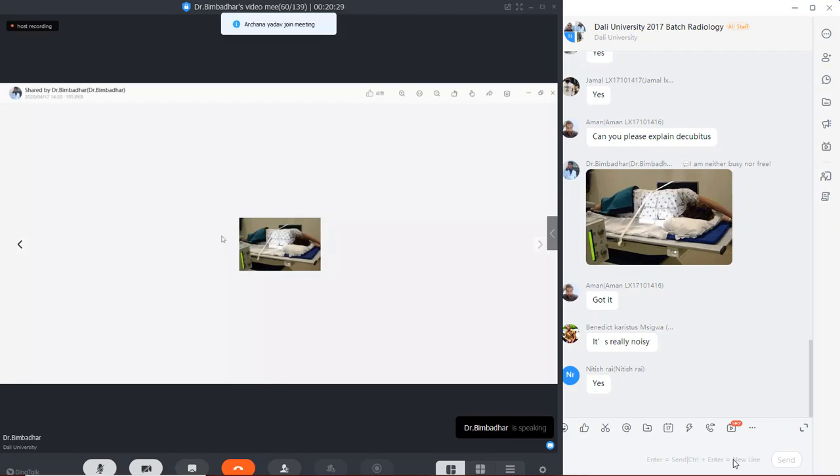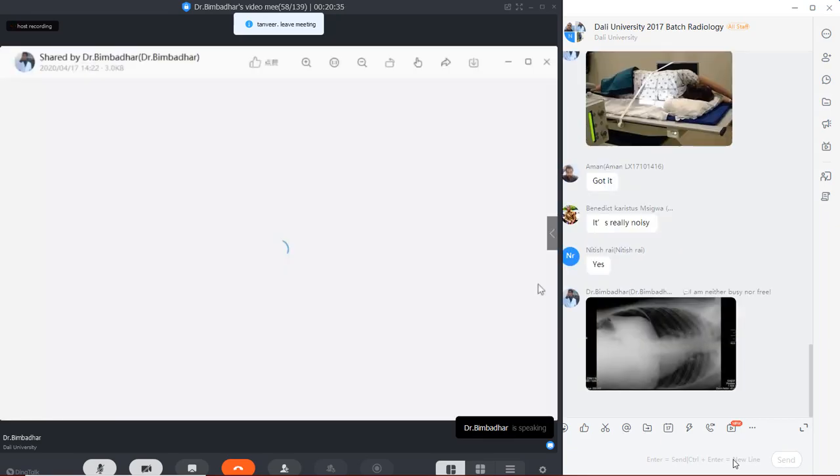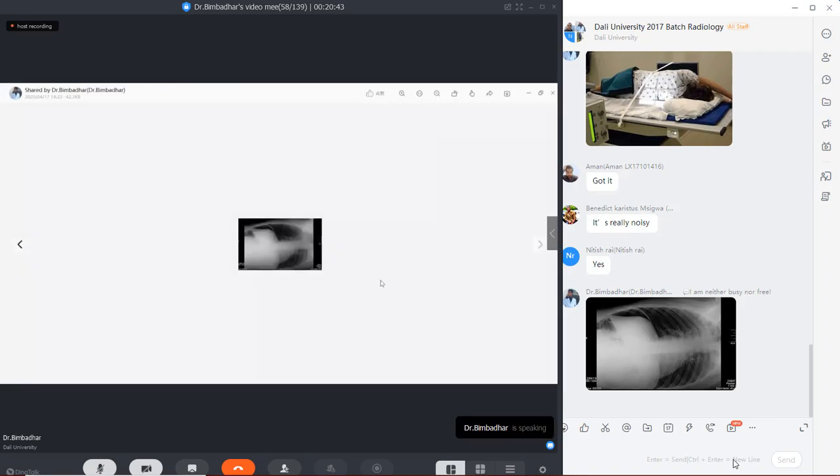Okay, please look into your message box once again. So we get an image something like this. This is not written as a PA view, but you have to look at the film as if he is lying down. Okay, so this is one of the best views for detection of most pleural effusions, a minimal pleural effusion, or sometimes you can also say there is a minimal pneumothorax